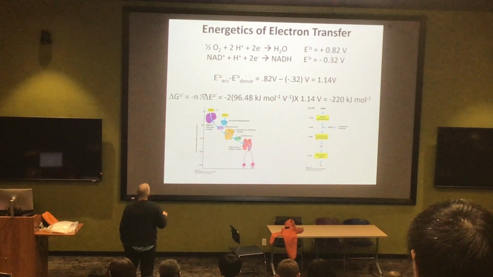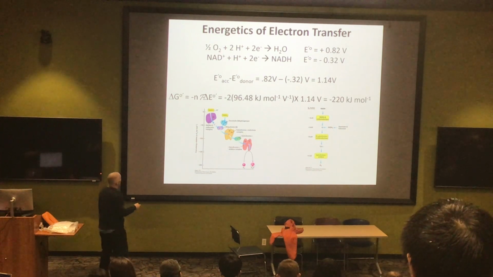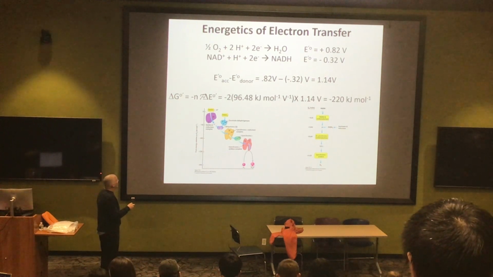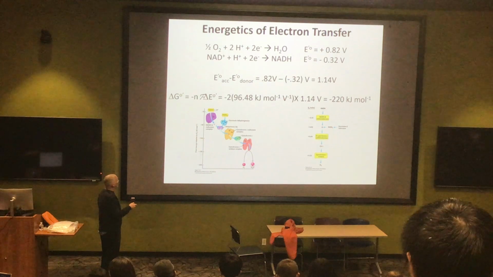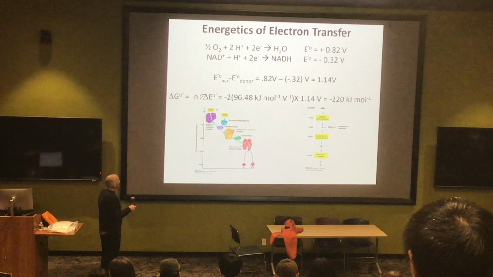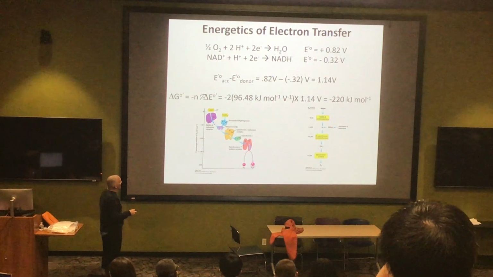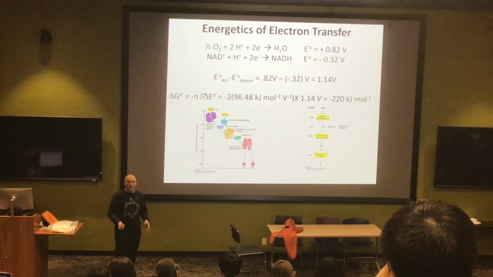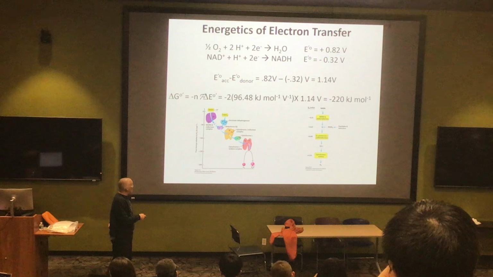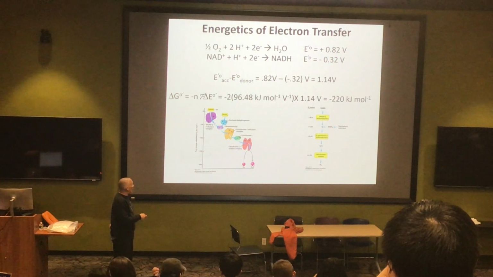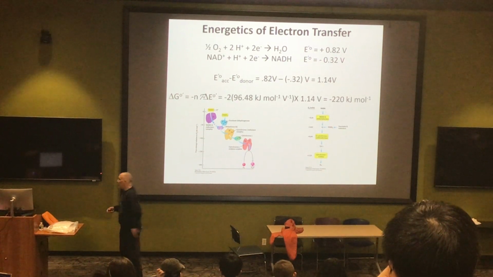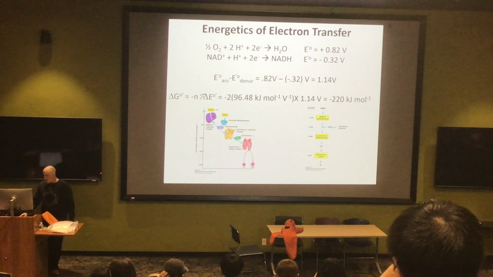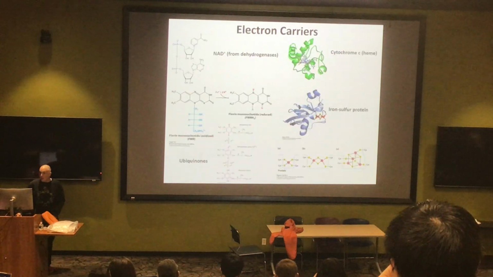And so you can see that these complexes here are lined up in terms of their relative free energies that are calculated. We start with our NADHs or FADH2s, and we're going to gradually move these electrons from complex to complex. Eventually they will come to rest on an oxygen. That is the most oxidizing thing. And when they pick up some protons along with that reduced oxygen, we'll have, of course, water, which is where pretty much all the water on Earth produced today now comes from.